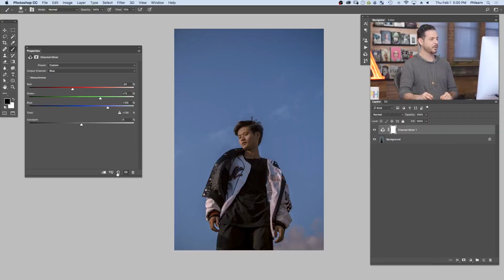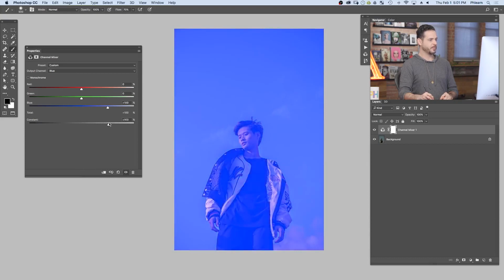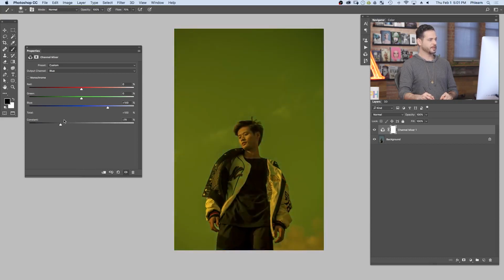So let's start by just resetting this. Now, here on the bottom, you're gonna see your constant. And we're gonna start off in our blue channel. And as I push this to the right, we're gonna see it's basically gonna take our image over with blues. I go to the left and it's gonna take our image over with yellows. So as I start to adjust the constant in my different